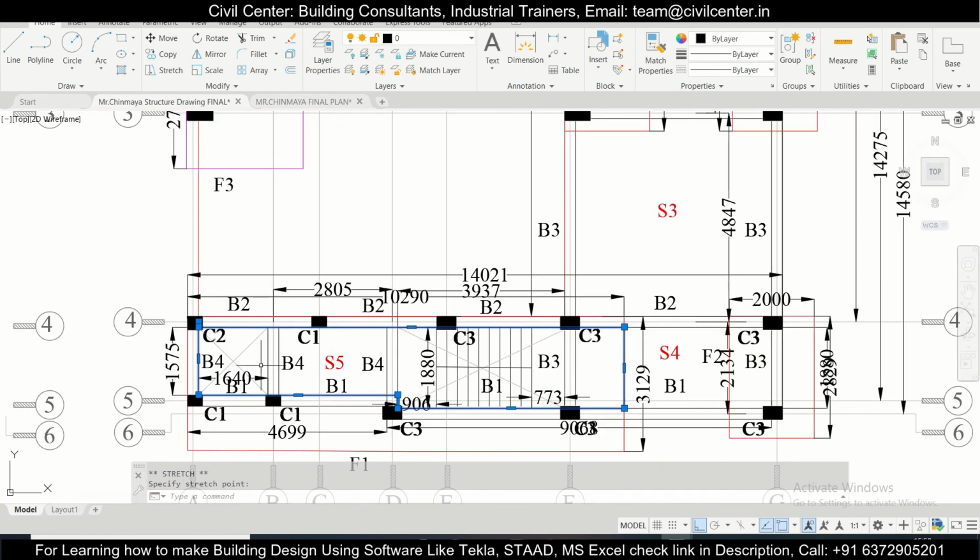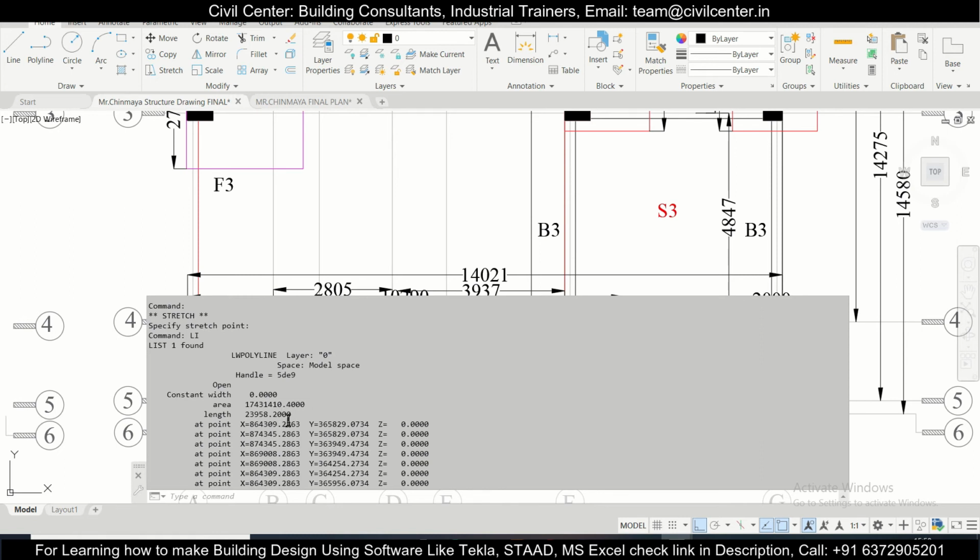So this will be our, what will be, Li, enter, and this will be the area.